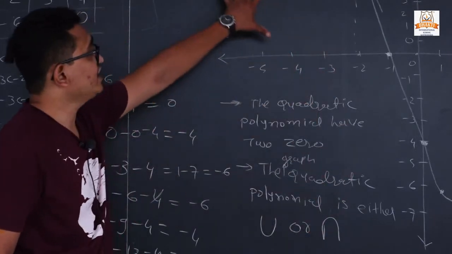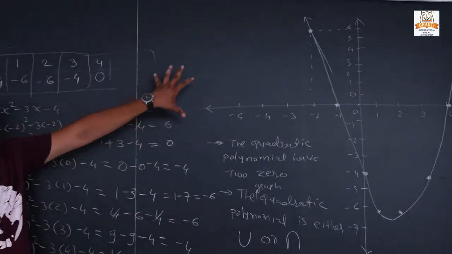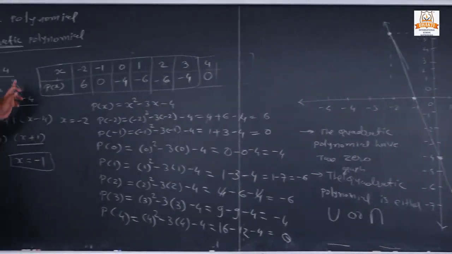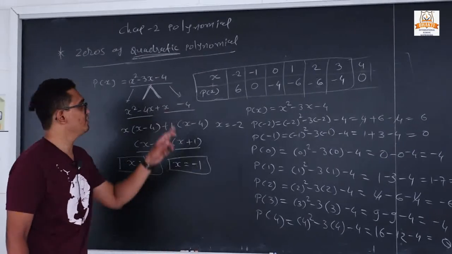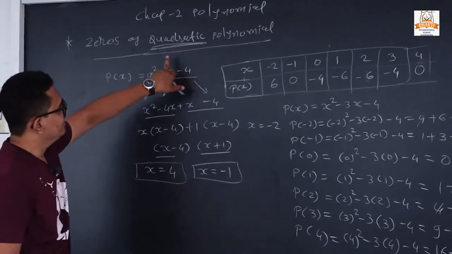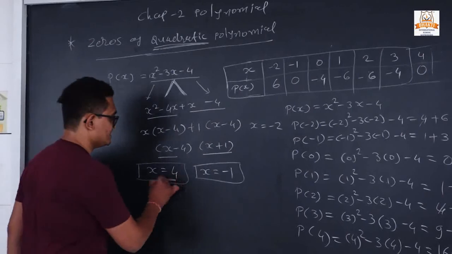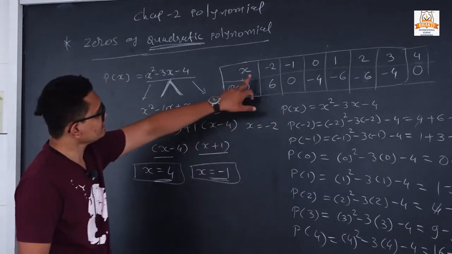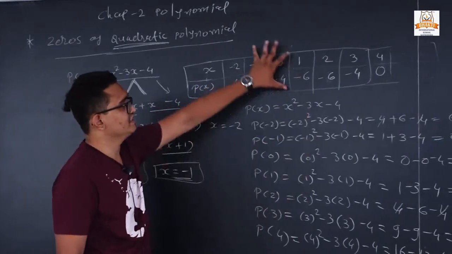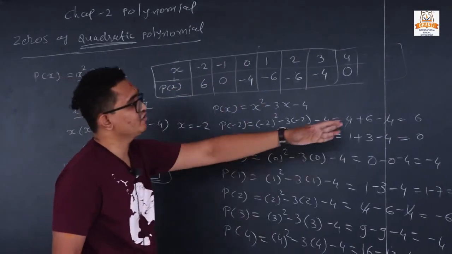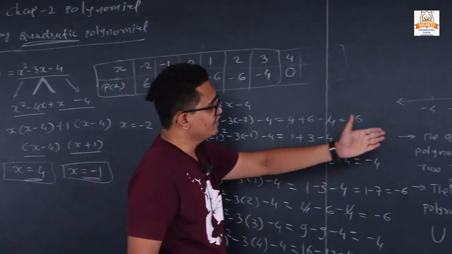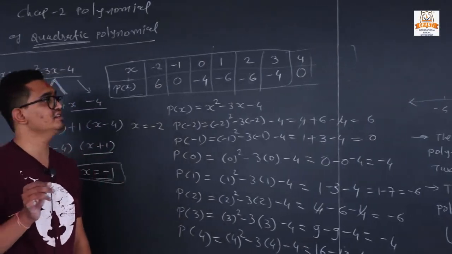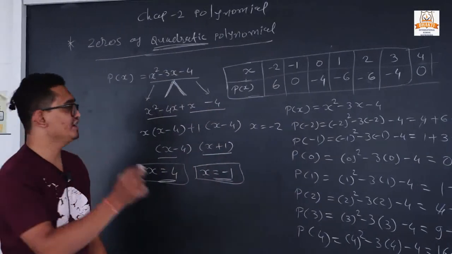In which kind of polynomial? Quadratic polynomial. So from all the theory, first of all we get an example of a quadratic polynomial. From the quadratic polynomial we can find the zeros, so we have 2 values of zero. Second, from that we can draw a chart, and from the chart we can draw the graph. From the graph you can see that for a quadratic polynomial we have the shape of a U or the reverse U.